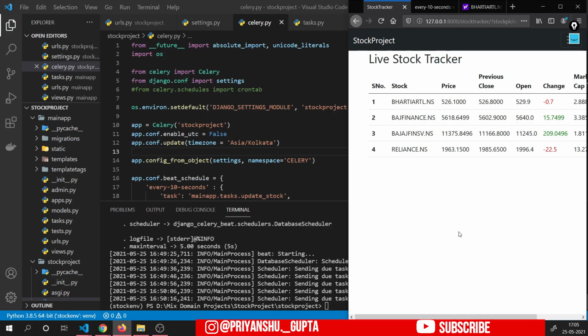So now let's start this amazing fourth part of the series. Till now we have seen how we can get the real-time data of stocks using the yahoo fin library of Python. And then we have also integrated Celery with our Django project to run a background task that, after regular intervals, will call that third-party API to retrieve that data.